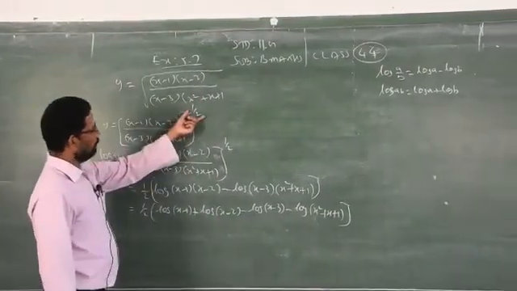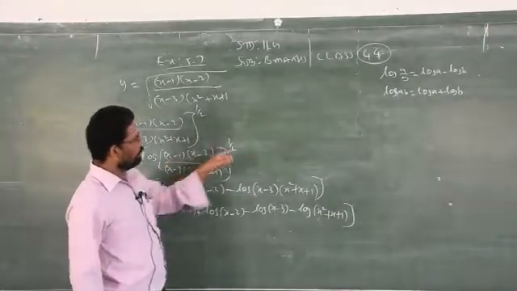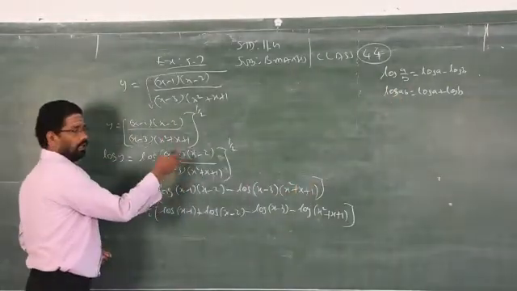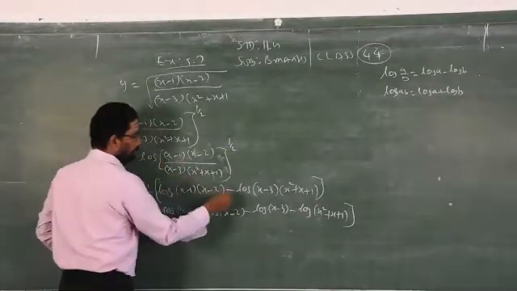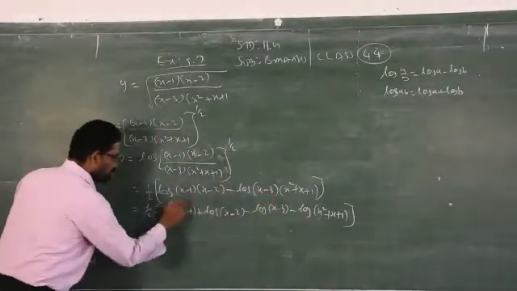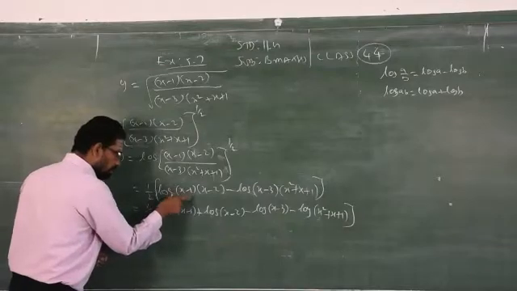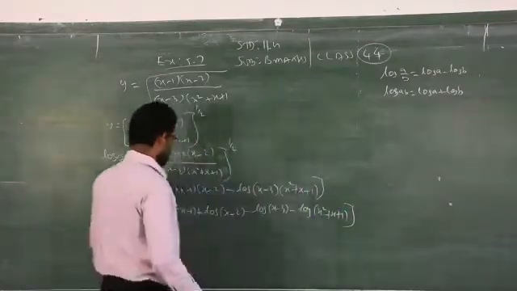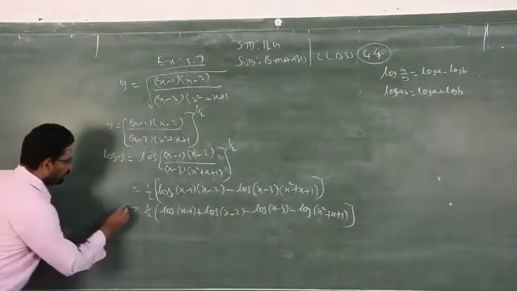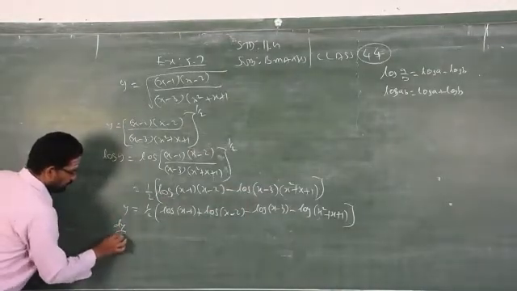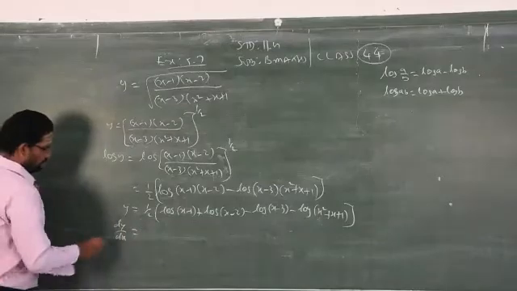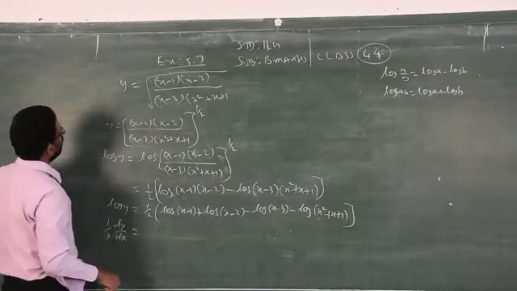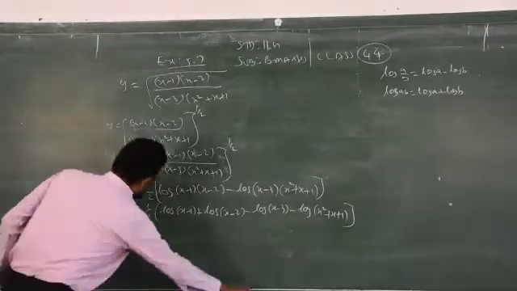First the power rule, next you have to apply the division rule, that is log a by b will be log a minus log b. Again I got some product form under the logarithm, therefore I am using the log ab formula, log a plus log b. So I am expanding this one. Now you start to differentiate dy by dx, that is log y. Log y is 1 by y, dy by dx.